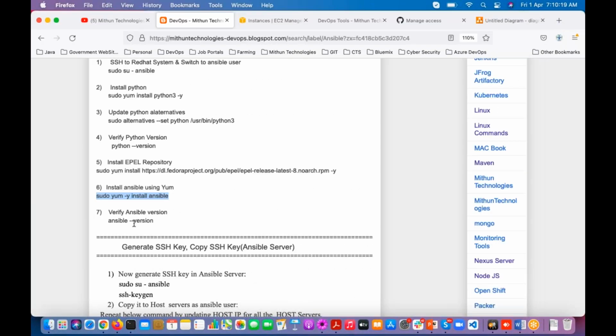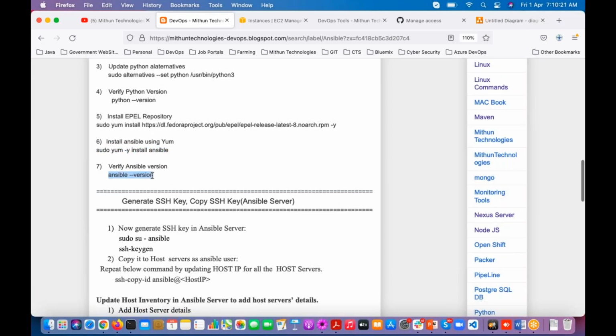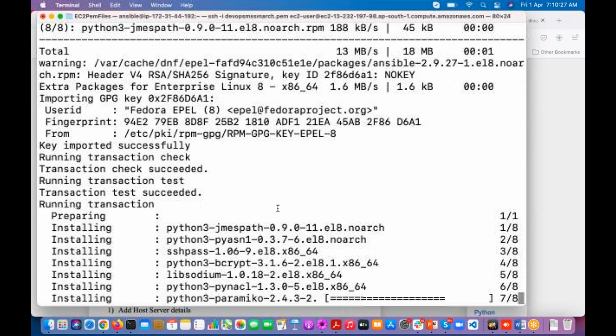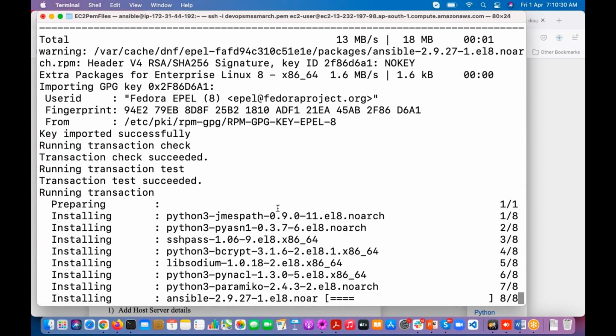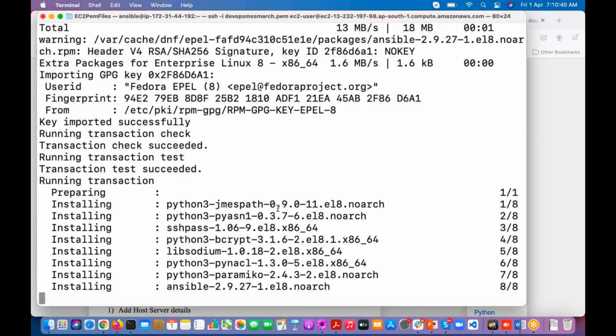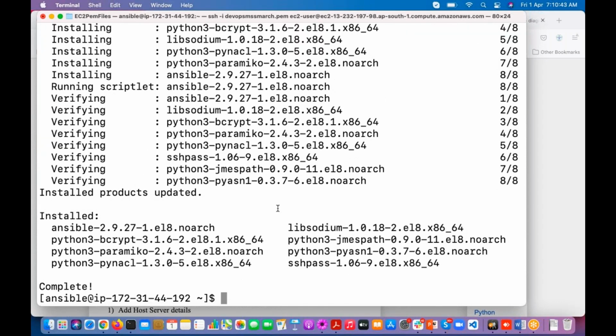After installing, if you want to know which version of Ansible we use, it is very simple. Execute this command: ansible --version. So Ansible is installed.